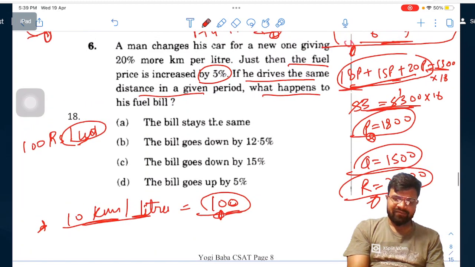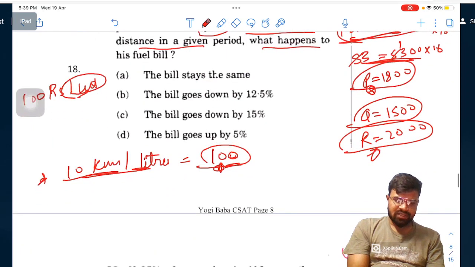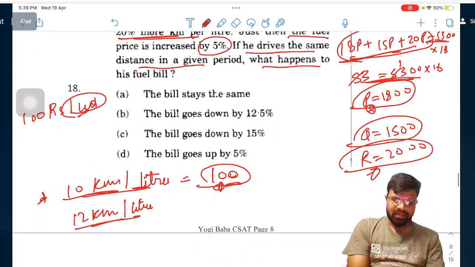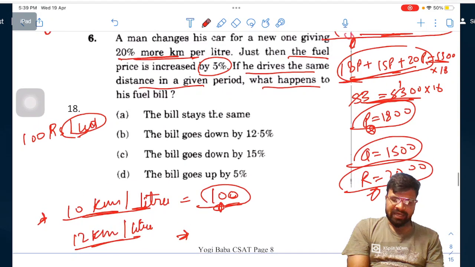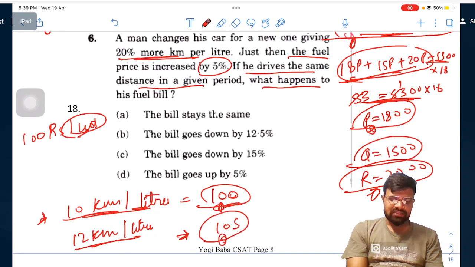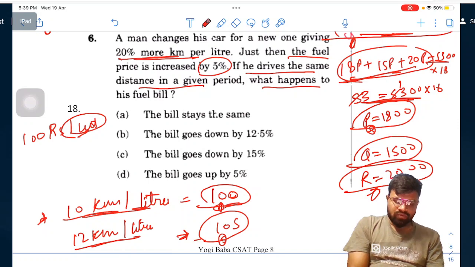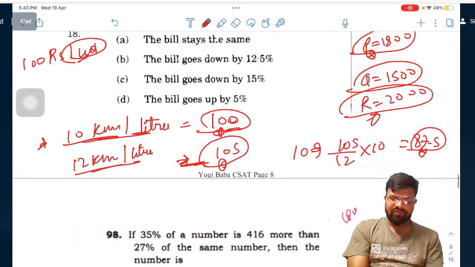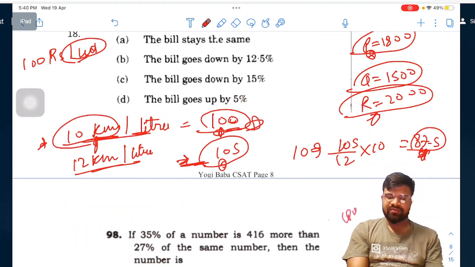Now the average increases. So it is 12 kilometers per liter, and the fuel price increased to 105. So 12 kilometers in 105 rupees. So for 10 kilometers, we will go by the unitary method: 105 by 12 into 10. That means 87.5 rupees. So previously he was giving 100 rupees for 10 kilometers, and now he is giving 87.5